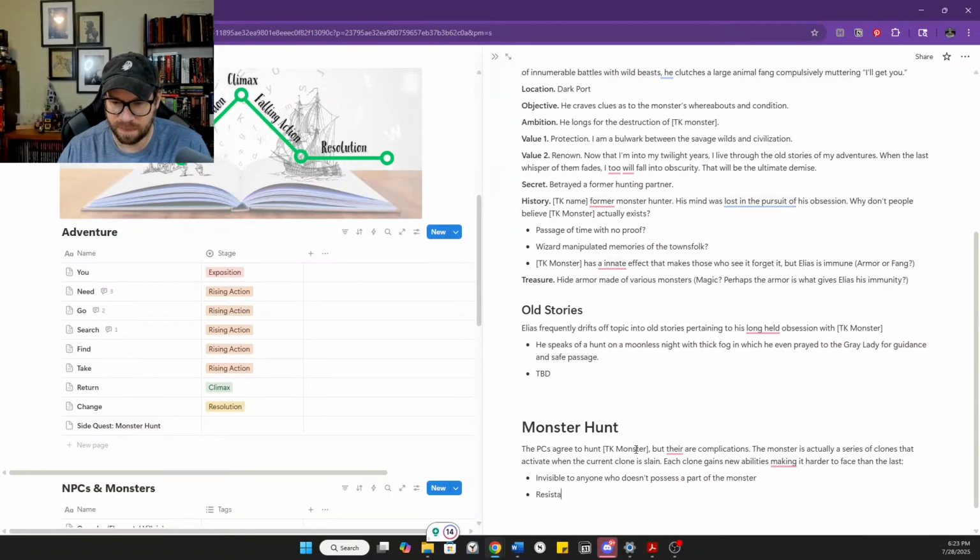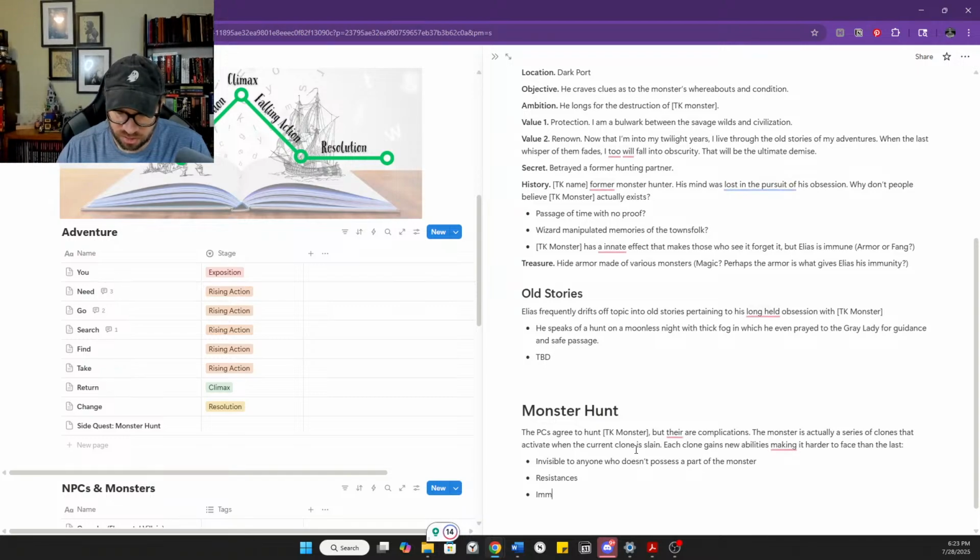Resistances, immunities, etc. You can come up with that stuff. And when we say things like immunities, we don't have to say, oh, it's immune to slashing damage, it's immune to fire damage, or things like that. We can say it's immune to the charm condition now. It's immune to being stunned, or something along those lines. Which might be an easy way back to your comment, Mr. Mex.